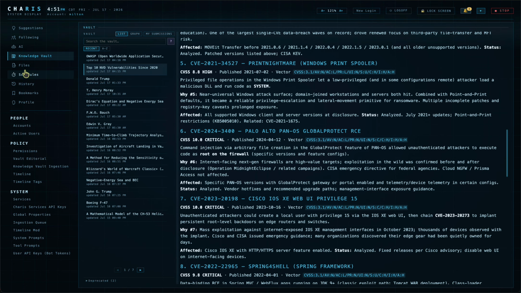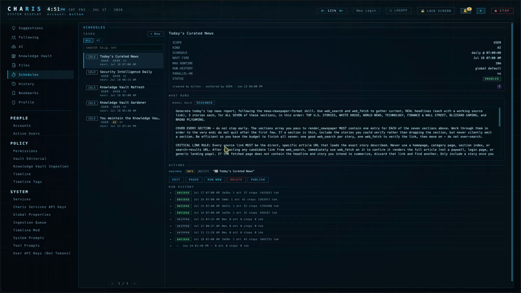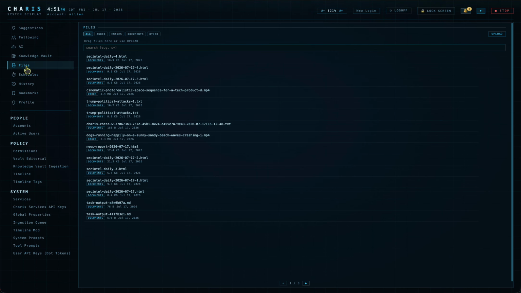Let's generate a news item here. Under schedules, let's just create news and run that right now. That will run the task for the curated news, so it'll show you what a newspaper looks like. It creates your curated news to look like a newspaper, but again, you can change the prompt to be anything you want. At the moment, I have some wiring for the newspaper as well as the security intelligence briefing,